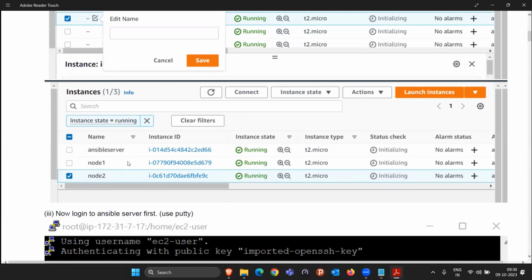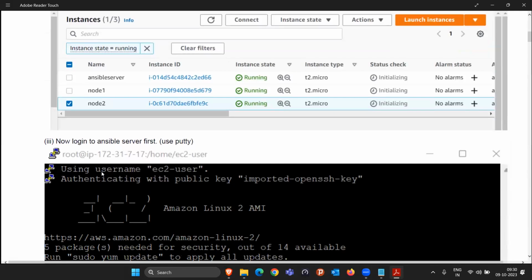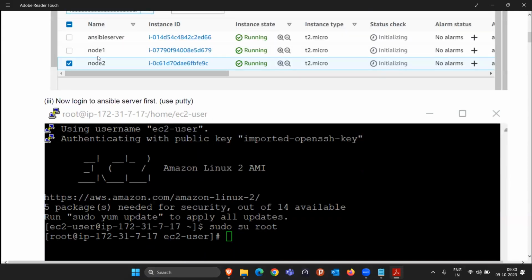My goal is, if I want to do anything inside these two machines, I will be talking from the Ansible server. I will not manually log into these two machines. As we are controlling these two machines, in this same way we can control 100 machines or 1000 machines. There is no necessity for anything else.